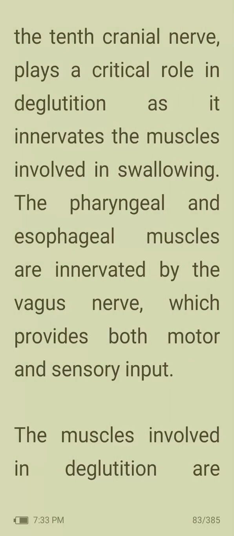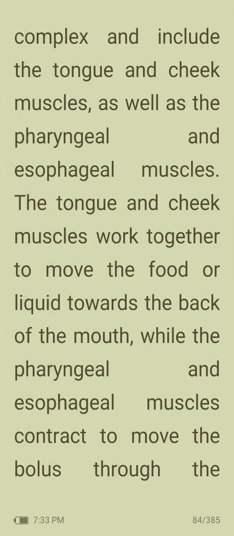The vagus nerve, which is the 10th cranial nerve, plays a critical role in deglutition as it innervates the muscles involved in swallowing. The pharyngeal and esophageal muscles are innervated by the vagus nerve, which provides both motor and sensory input. The muscles involved in deglutition are complex and include the tongue and cheek muscles as well as the pharyngeal